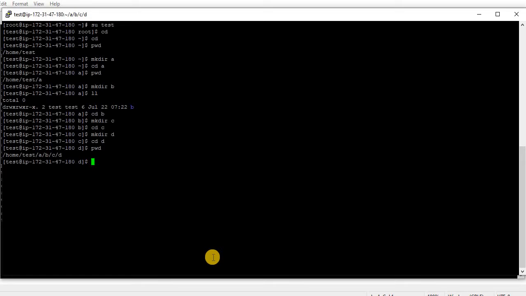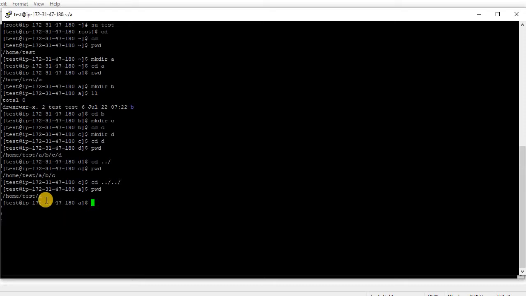So if you want to move one step back, give cd ../ and you are now under c directory. Means you moved one step back. If you want to go two steps back, cd ../ is for one step, two more dots and one slash is for two steps. Let's say cd ../../ Now you are under a.